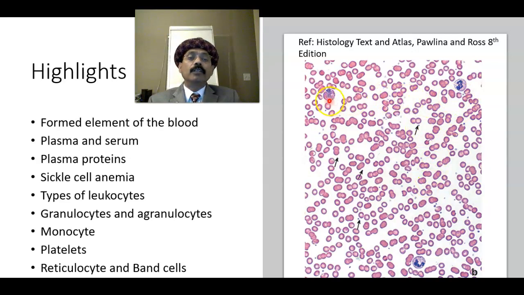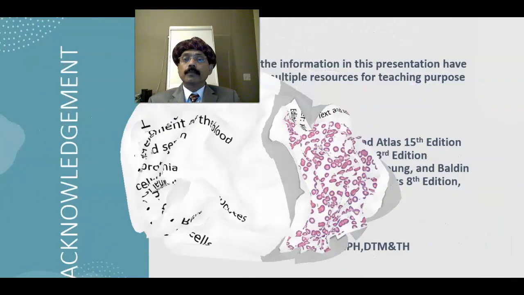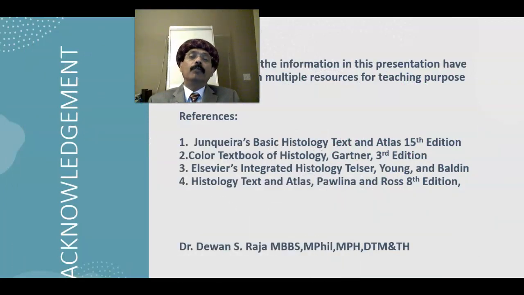I am seeing the WBC here, one WBC, another WBC, another WBC. This may be the neutrophil here, and this may be the basophil. With high magnification we can confirm that part. But if we have multiple lobes and it takes the neutral dye, then it is a neutrophil. Okay, and that's all about the